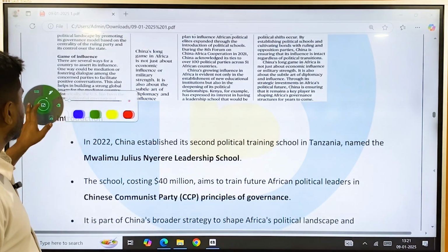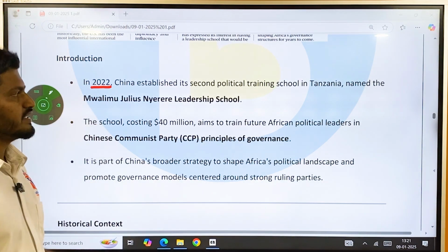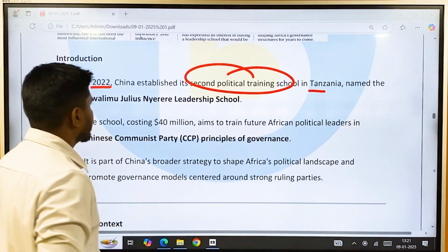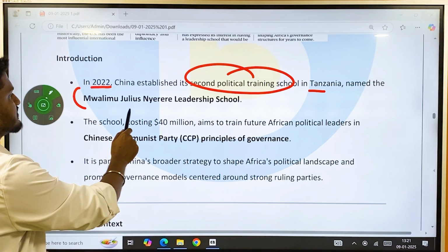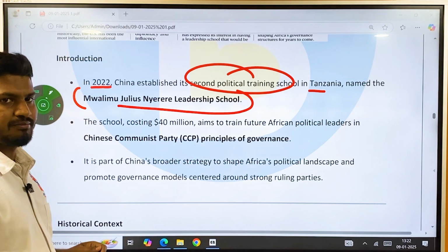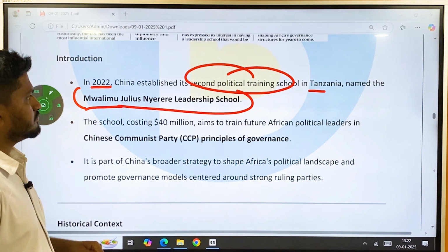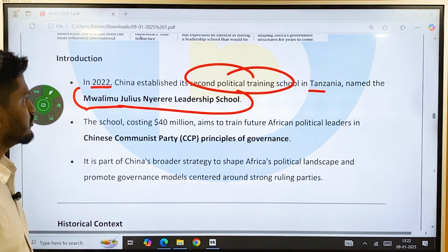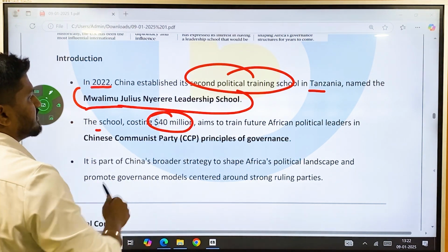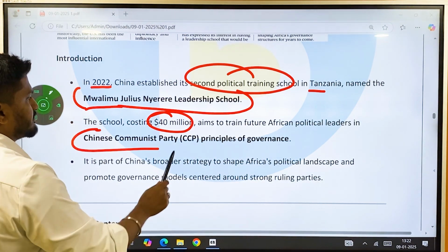In the introduction, it talks about China's recent establishments in Africa. That is, in 2022, China established its second political training school in Tanzania, named the Mwalimu Julius Nyerere Leadership School. Okay, a peek into the school type. The school is the second political training school, and it was named after a Tanzanian leader. The school, costing around $40 million, aims to train future African political leaders in the Chinese Communist Party principles of